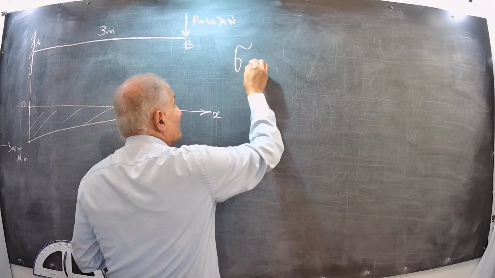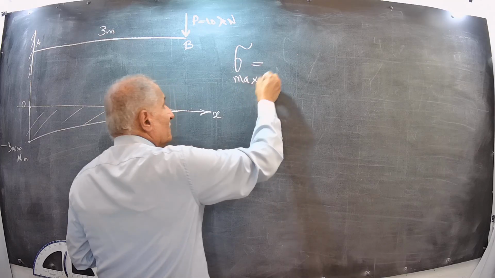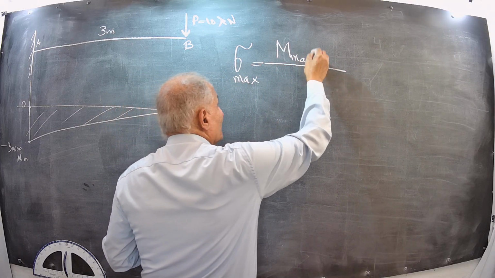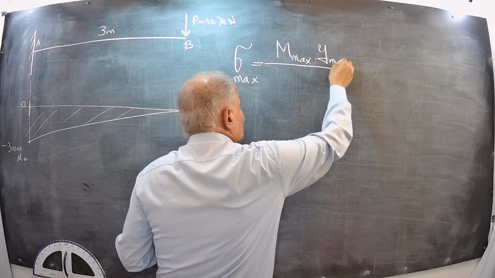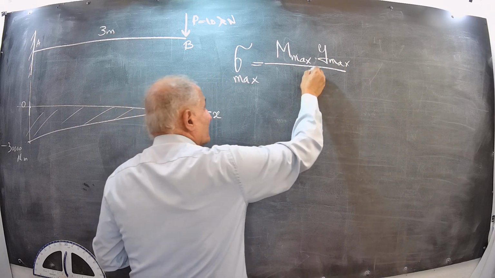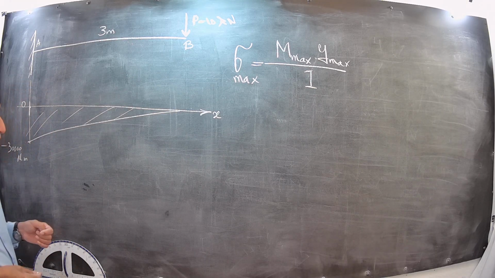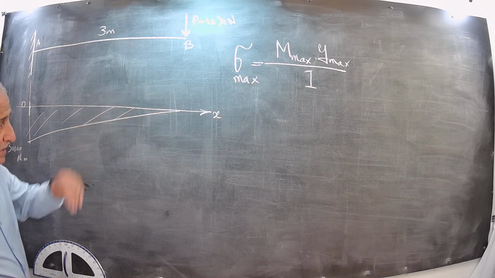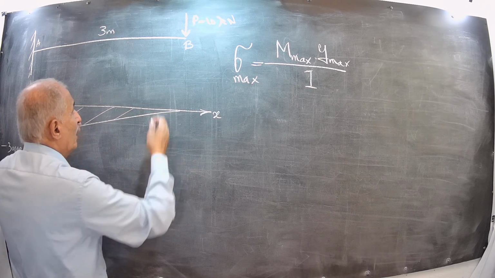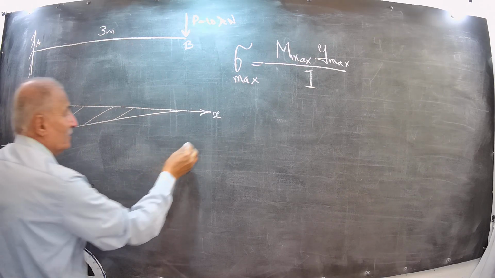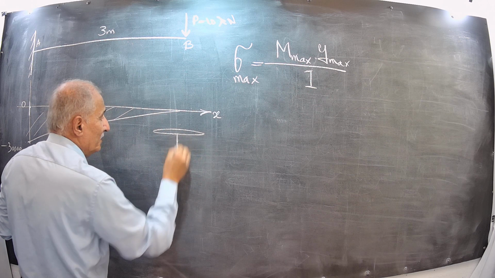Then, you know how to calculate bending stress. The famous formula: sigma max is equal to the bending moment max times the distance from the neutral axis max, divided by I of the cross section of the beam. Assume the moment of inertia of this beam, I. Consider a beam here, which is a standard I beam,